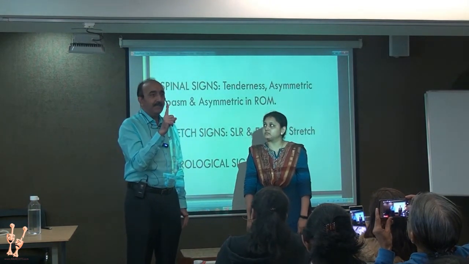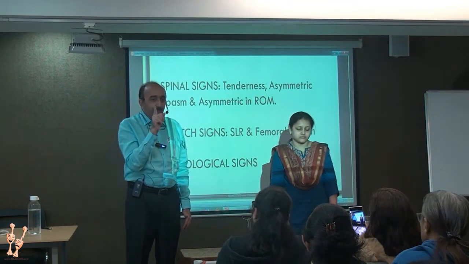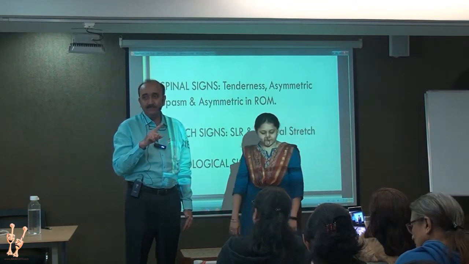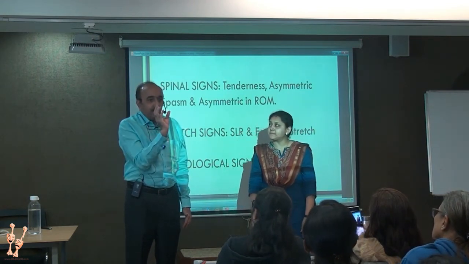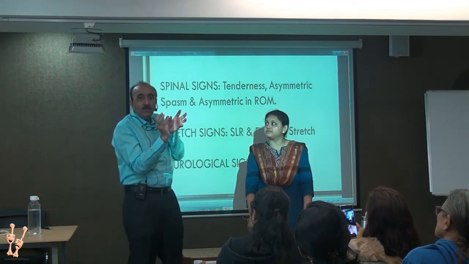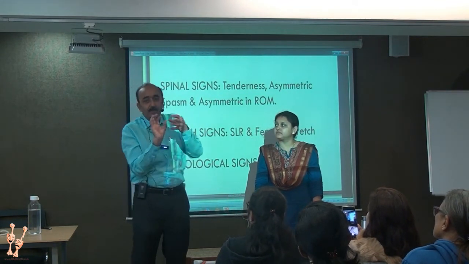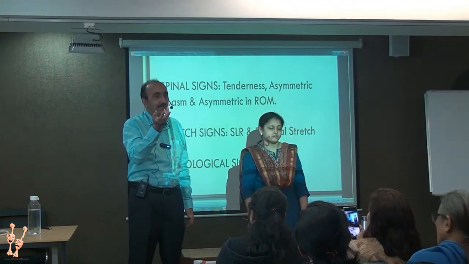Because the dorsal spine is connected with the rib cage, you cannot get a pure scoliosis. It will have to have a rotational element with it. And since there is a rotational element, the ribs will become prominent on one side. On the convex side, they will become prominent. On the concave side, they will become less. You have to use 3D imagination.